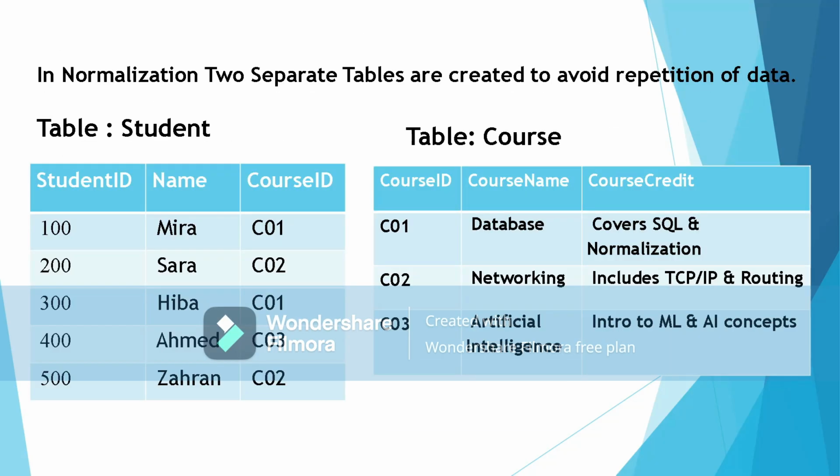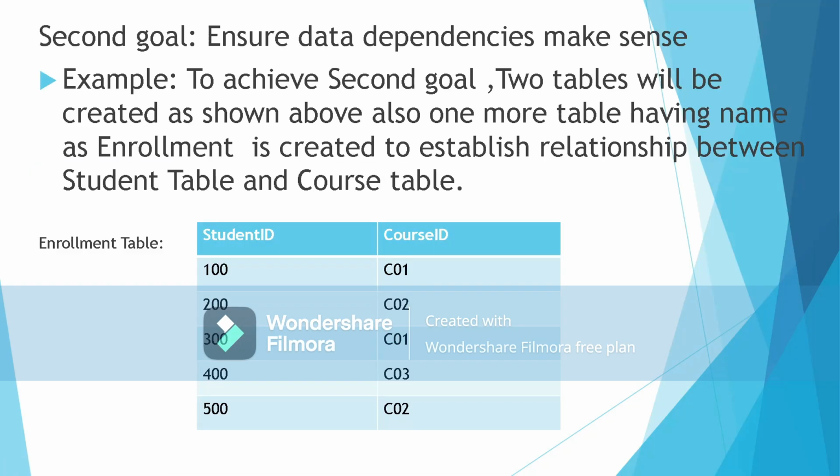So here it shows that normalization is done by decomposing the table, and redundancies are reduced or eliminated. Another goal you can see by using this example: ensure data dependency makes sense. Now we have seen that to eliminate the data redundancy, we are dividing the table into two subtables. Okay, but when we are separating these two tables, at that time